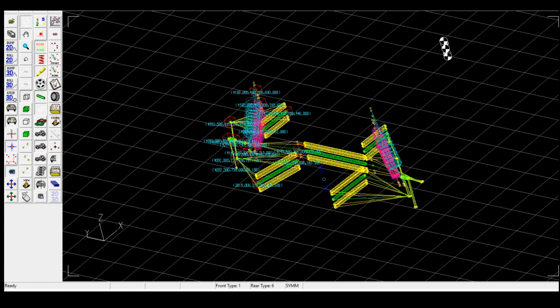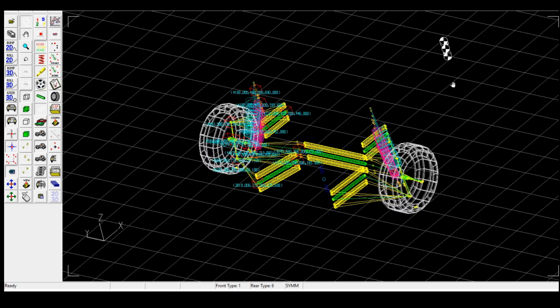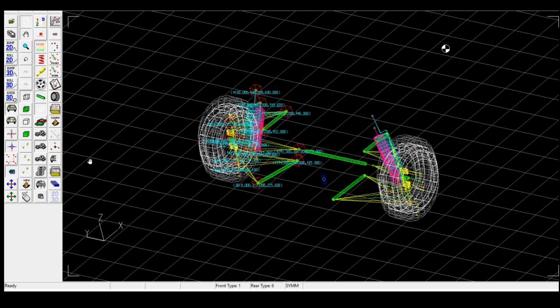Now we can assign the tire for this structure by clicking on the tire option. The tire is now visible. Two tires are visible. Now we can include motion in these tires. We can see that it is animated with a similar motion, moving up and down. Now we can remove the motion.